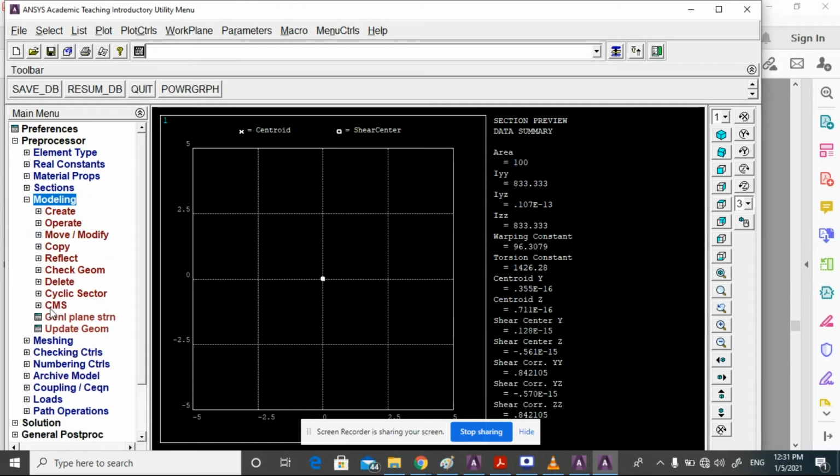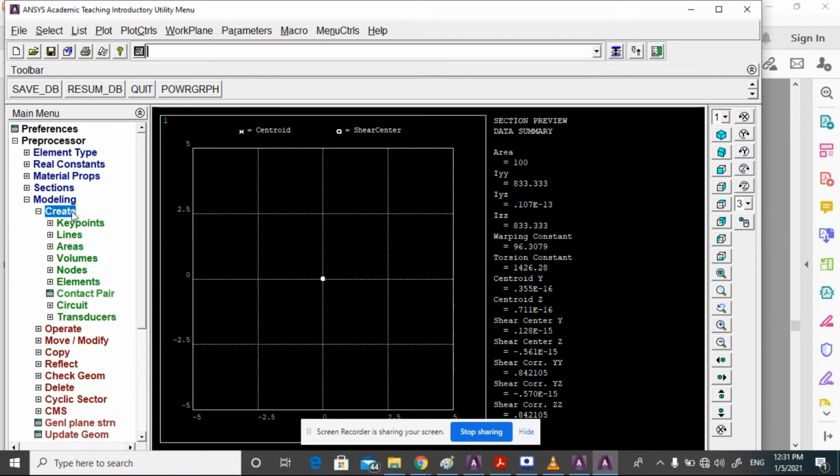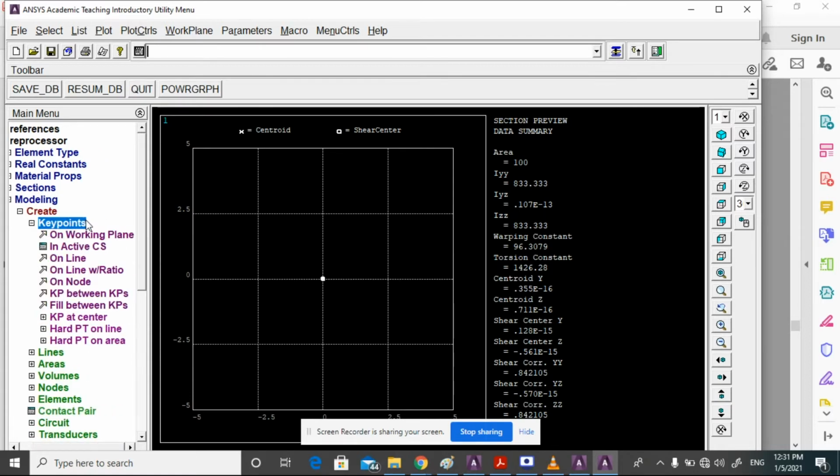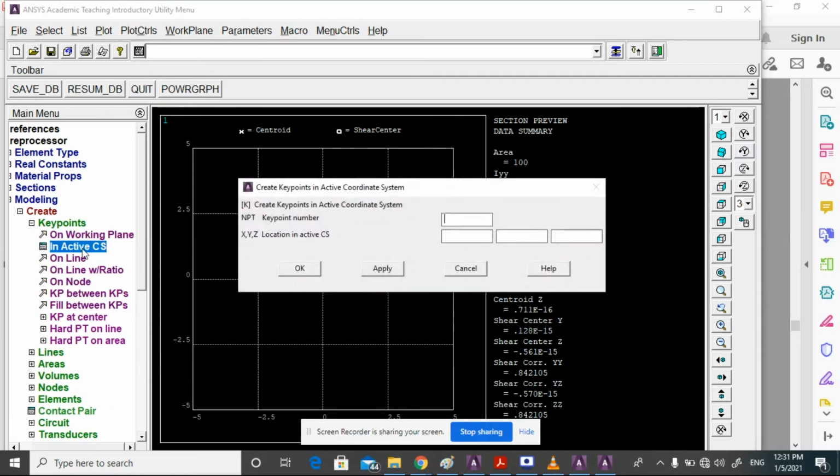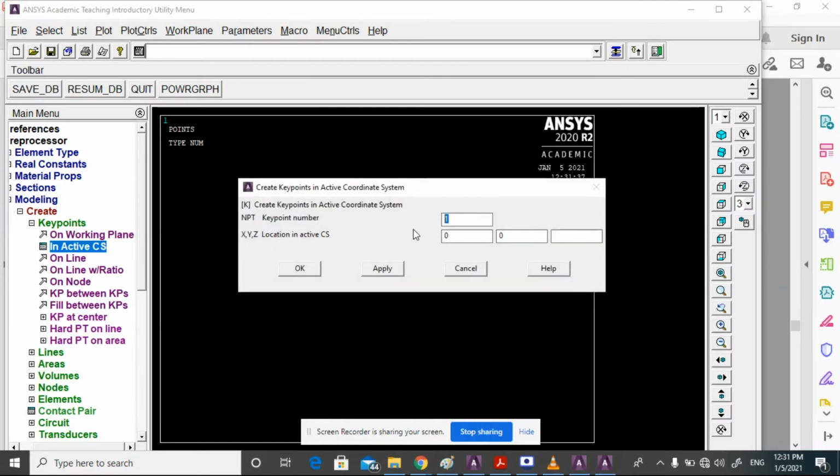Go to modeling and create key points. Go to key points, select key points in active CS, and enter the coordinate values 0 comma 0 for key point number 1 and apply, then key point number 2, 100 comma 0, then apply, and then OK.